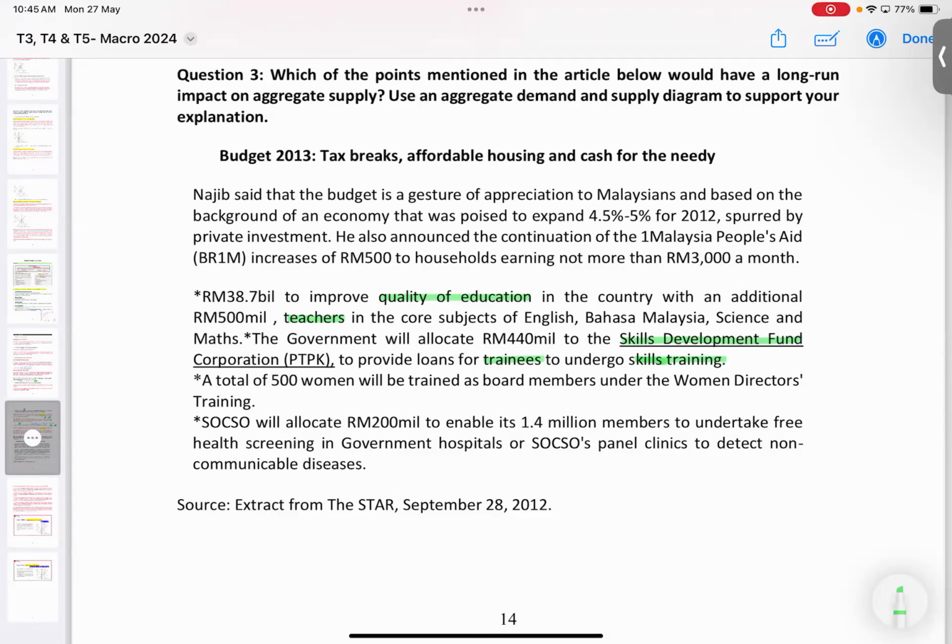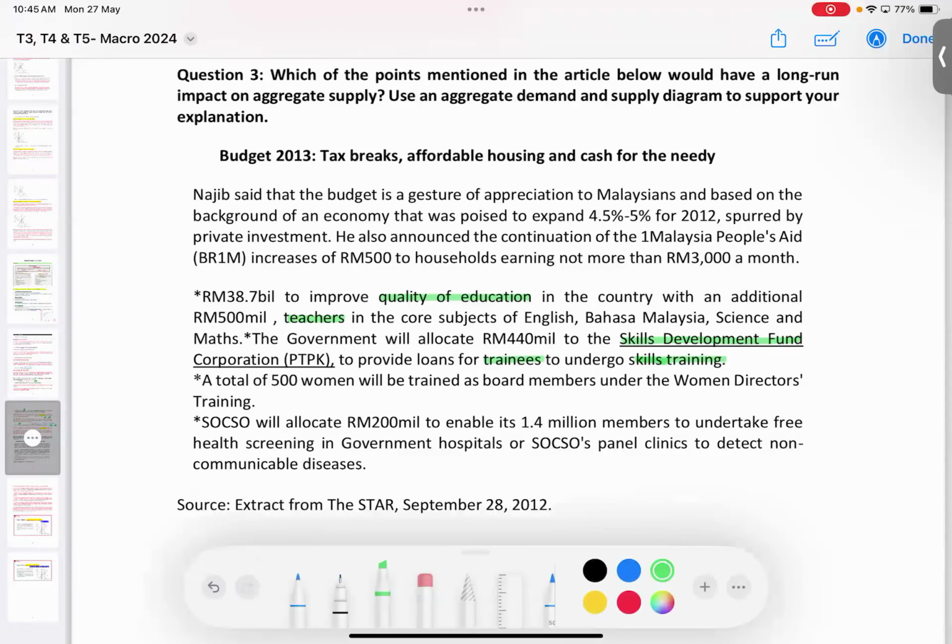So therefore here you see this one later on. Okay, you need to explain. Of course, you might explain why it's a supply side. Okay, so for example, I see the word education, I see the word training, and I see the term skills development funds. I need to apply all this into my writing. I must say why I say this is supply side, why I draw the supply side policy